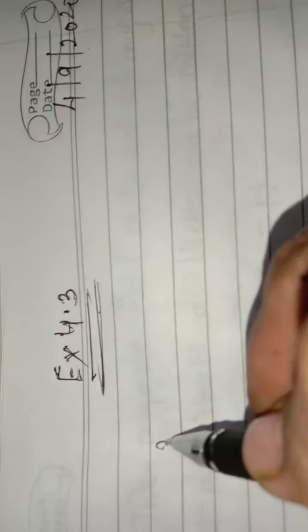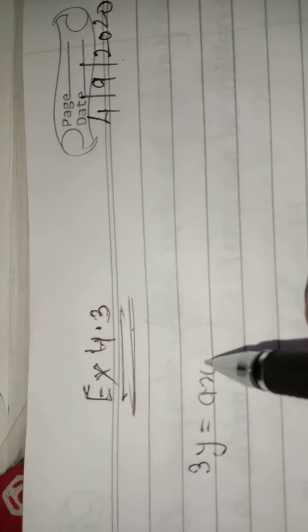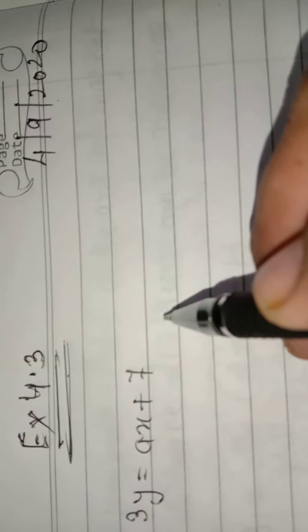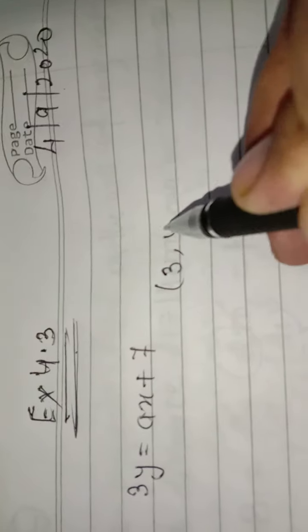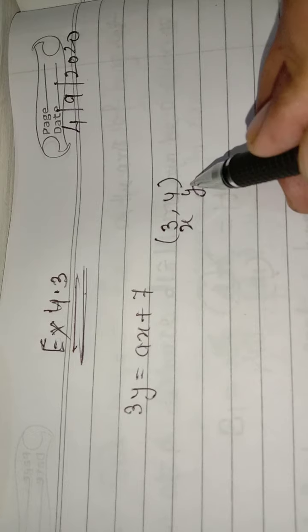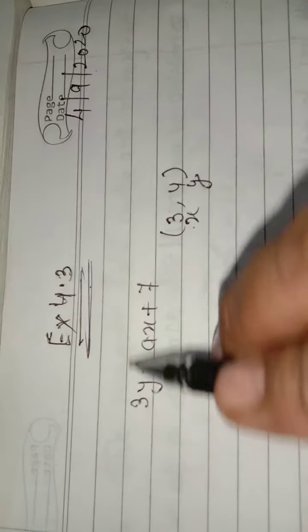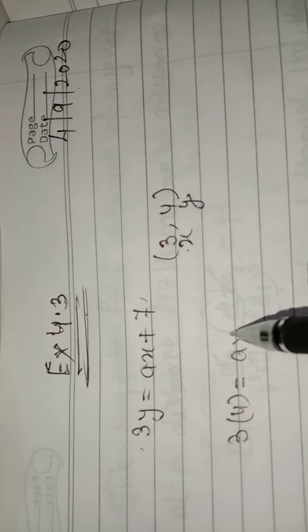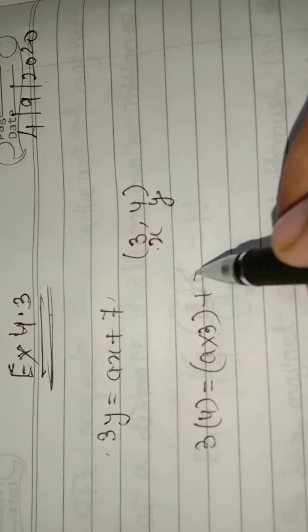It is clearly given. So what is the equation given to us? The equation is given as 3y = ax + 7. So it is a linear graph, and the coordinates of the point are given as (3, 4). So clearly this one is x and this one is y. What we will do here is put the values of x and y respectively in the given equation and we will get the answer. So it is 3 into 4 is equal to a into 3 plus 7.